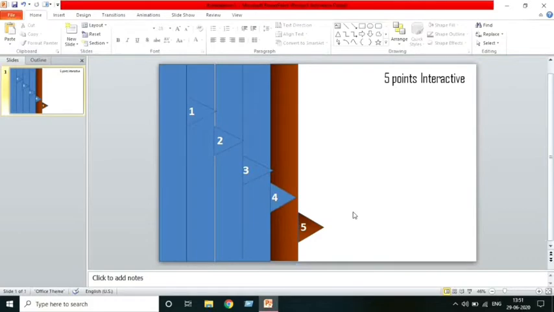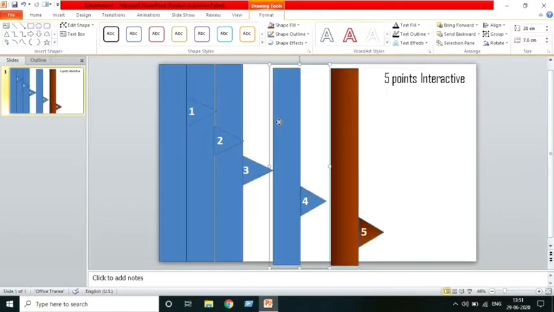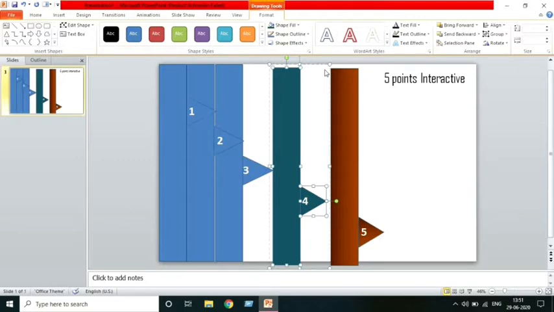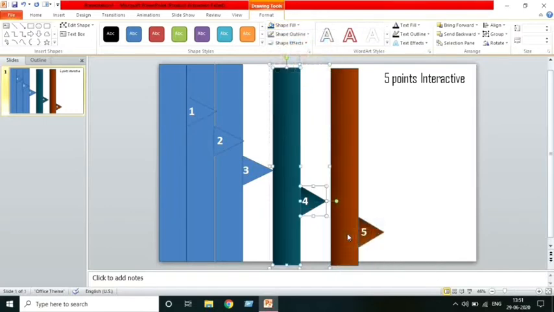So our first one is done. We'll click on the second one, which is the fourth one. We will add color to that, again the shape fill. While adding, you can simply click on control key and these all boxes, so that it will add combiningly. We can keep it blue. Okay, done. The color is added. Again go to shape fill, click on gradient, and the same gradient I will add. So the fourth bullet is also ready.